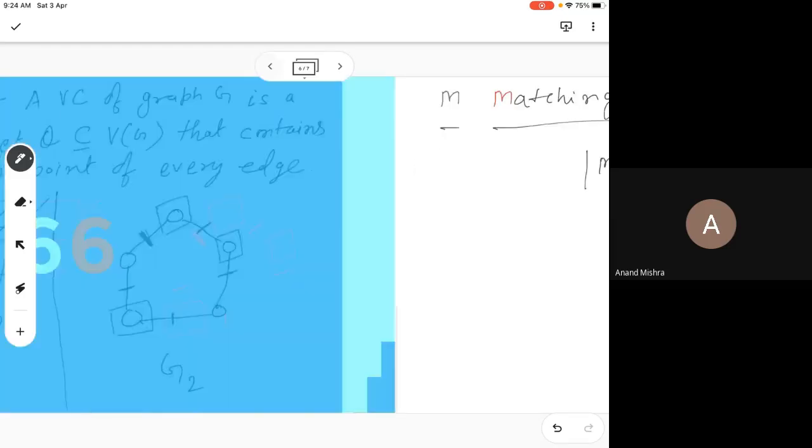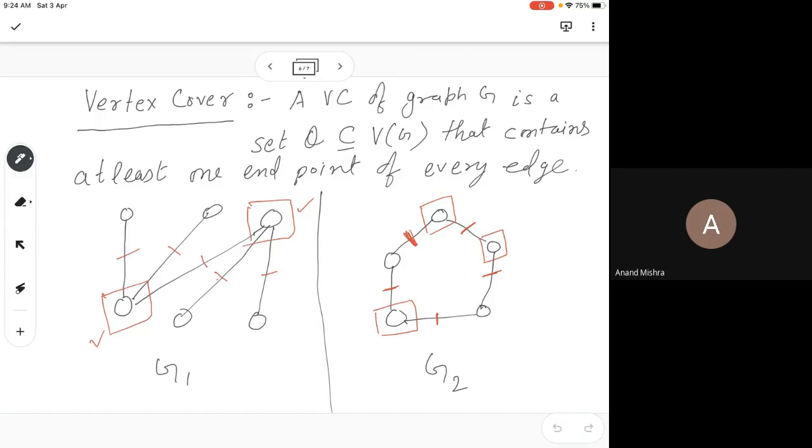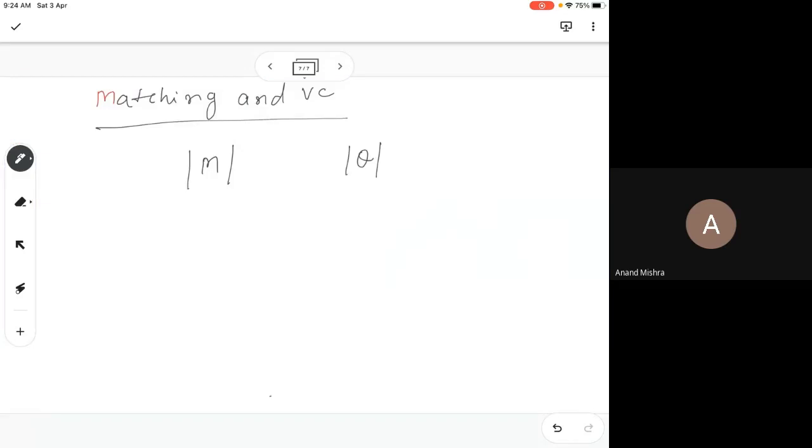Okay, let's look into matching first. In these examples, what will be the maximum size matching? In G1, let me draw it again. In this graph, yes, the maximum size matching is 2. Why can't you have three? You cannot have three because if you choose any of these,